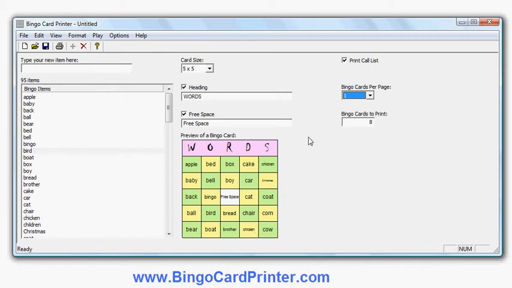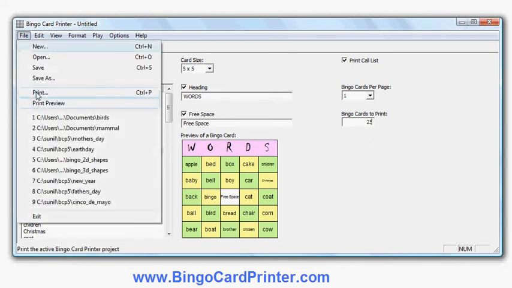Okay, I'm happy with the layout. I'm ready to print my bingo cards. I've got 25 students in my class, so I need 25 different bingo cards, each with a different combination of words. Sorry, I accidentally pressed the 2 button when that was highlighted. So I've got 25 bingo cards to print, and I simply do print, and I could do it immediately, but I'm going to do print preview